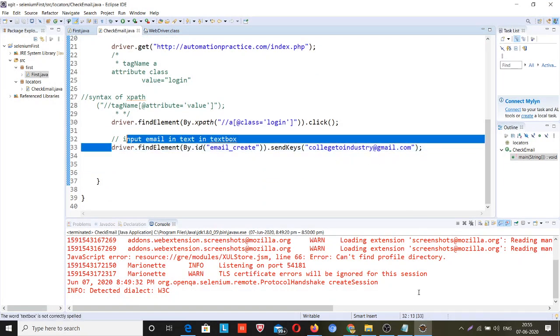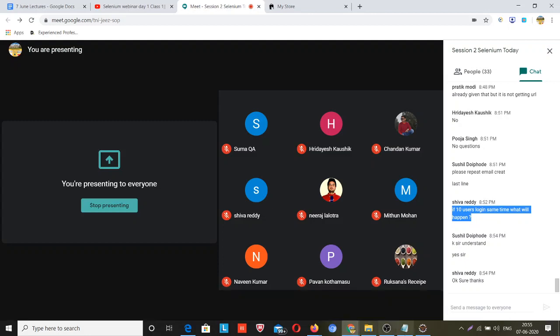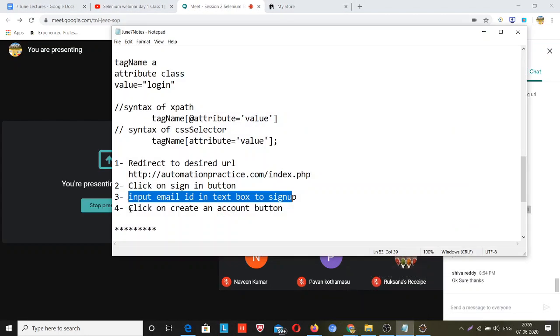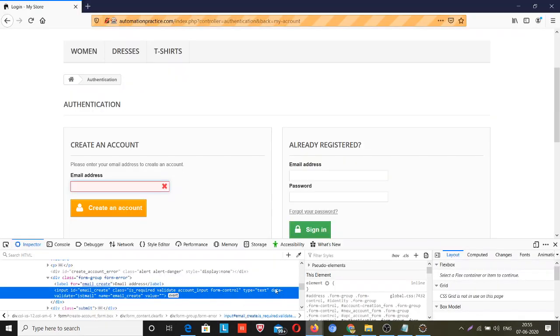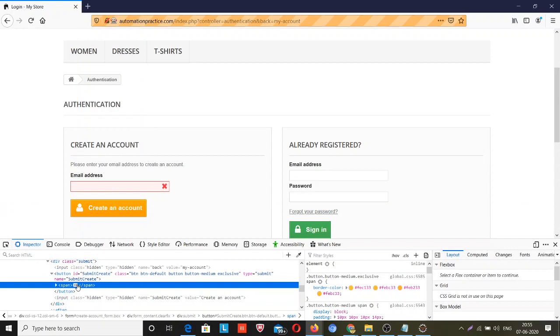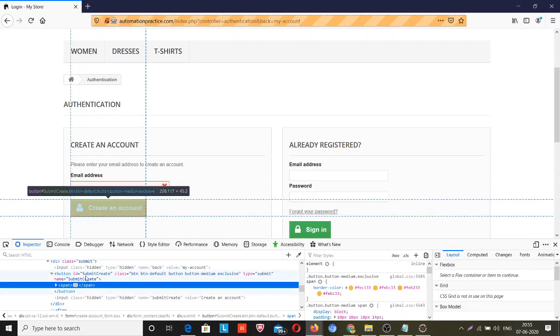Okay, so now I have sent the keys. Now what is my fourth step? My fourth step is click on that create account button. So again I will find this web element using a locator. Right click on this button, inspect element, and this time you can see button id is submit create.